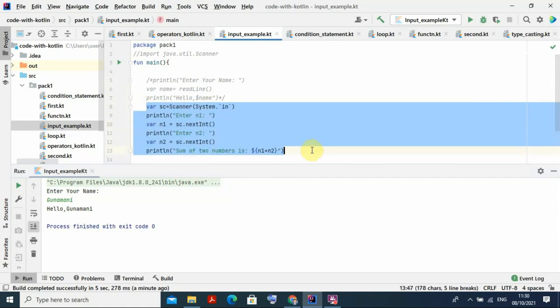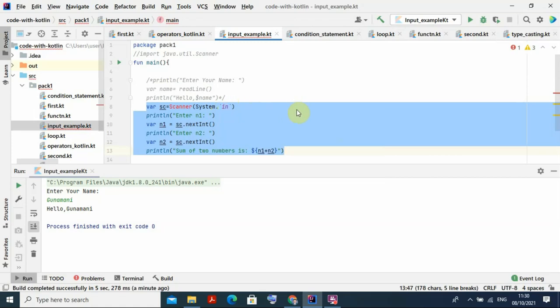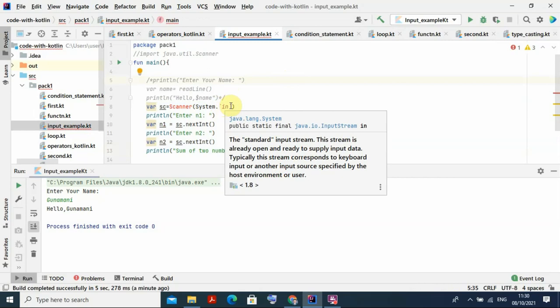Control Shift and forward slash, it's okay. Now what I am using is this scanner. See, I declared a variable sc, that is Scanner System.in, you can see it here. When you put System.in here, then you press the function. Once you press the function, a special symbol will come like this. This is not a single quote or double quote.